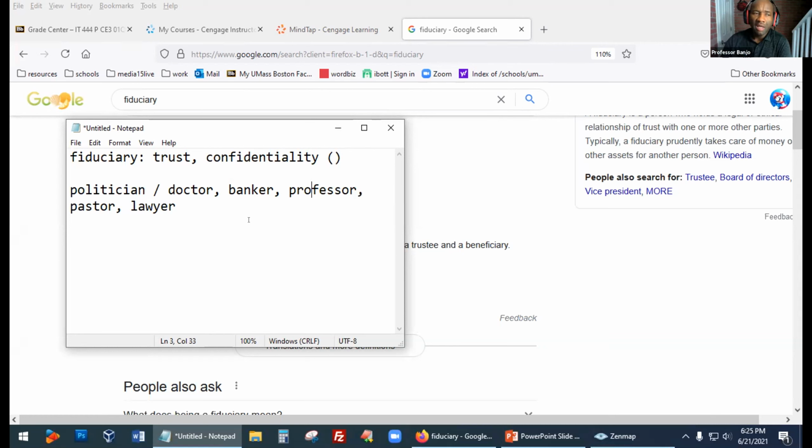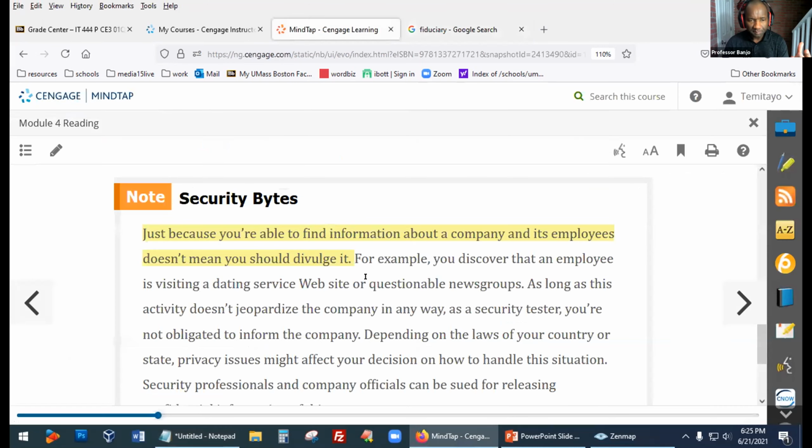So in many ways, our mindset, even sometimes, like I said, your fellow employee has a problem with their computer, and you go in there to fix the computer. You might see a lot of their personal stuff there. Your mindset should be one of a fiduciary. Like it says in the book right here, you're never supposed to divulge any of that stuff. A doctor is not going to put all the patient's info or problems on Facebook. Your lawyer is not going to do that. Your banker is not going to tell everybody how much in debt you are. Your professor is not going to tell people how stupid you are as a student.